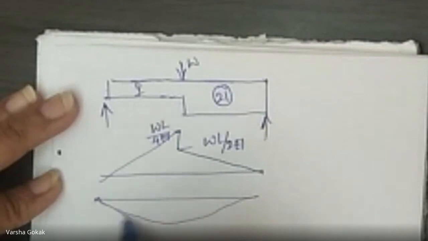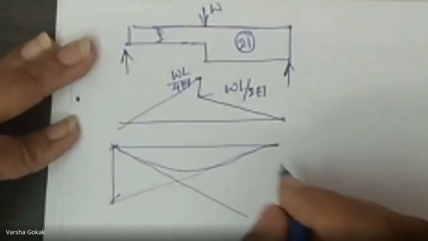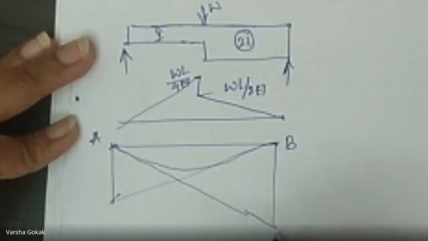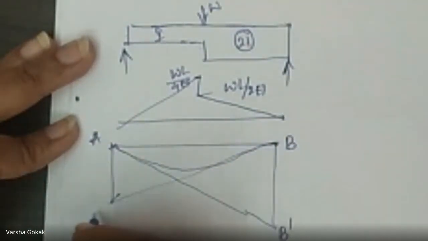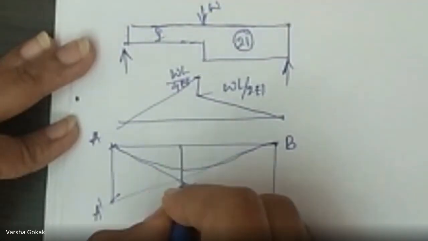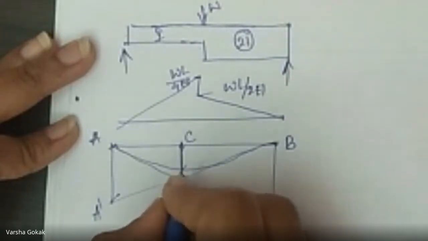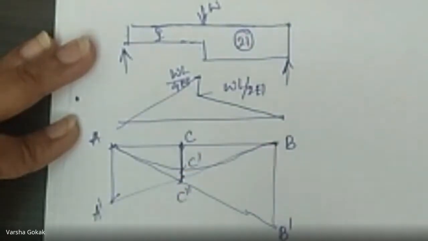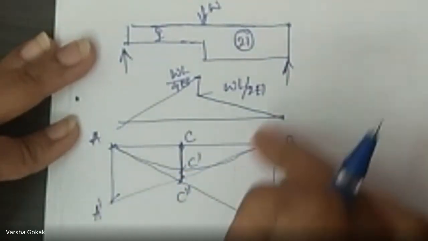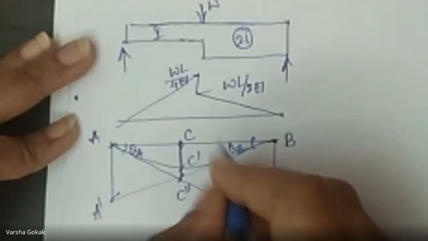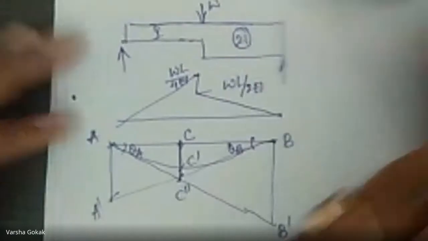And we draw the tangents to the elastic curve, right? To get the deflections. So if this is A and this is B, I'll call this B dash, this is A dash. And then I need the central deflection. So this point is C, C dash and C double dash, right? So we take tan of theta A and then we take tan of theta B, and we already did the same numerical yesterday.